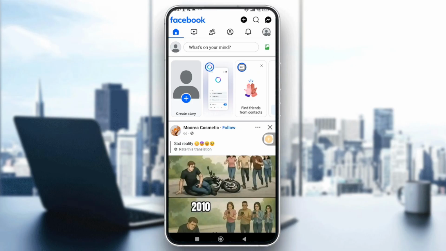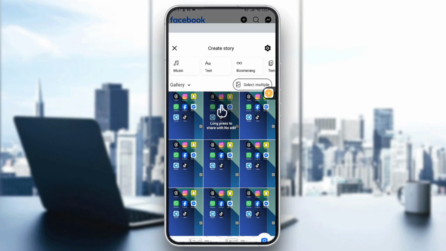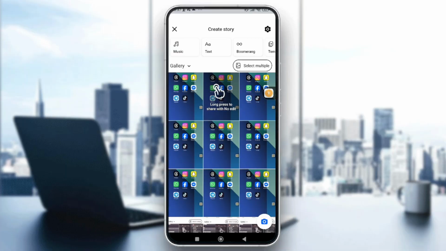In today's video I'm going to show you how to view story insights on Facebook mobile. So you just need to open your app and sign in to your account, and here you need to create a new story just from here. So tap on the option,